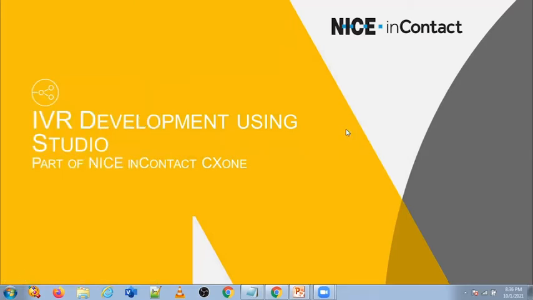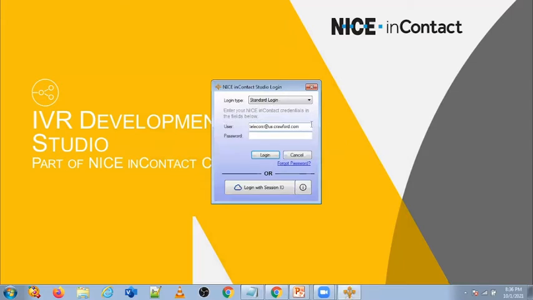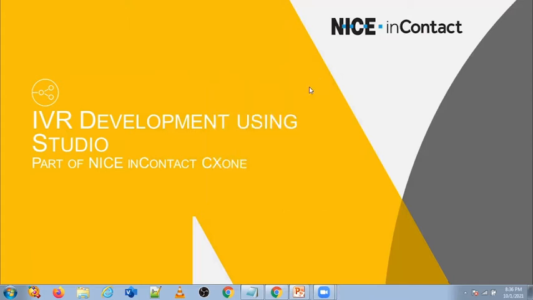Once you install it, it will show a page like this, where it will ask you for the username and the password. Type the username and the password which was given to you by Ring Central, and just by clicking on login, you log in to this Studio environment.